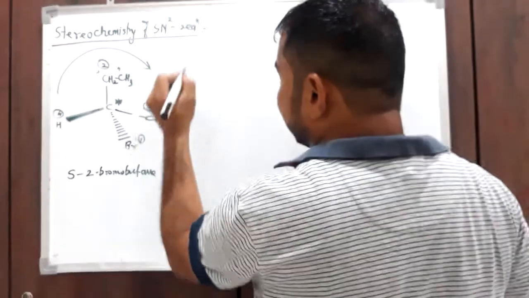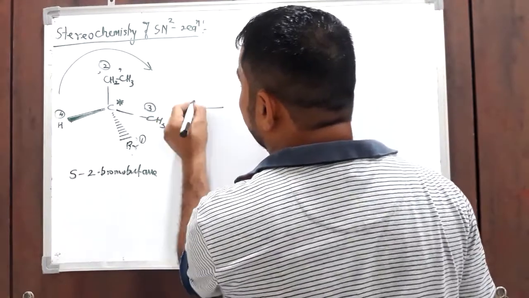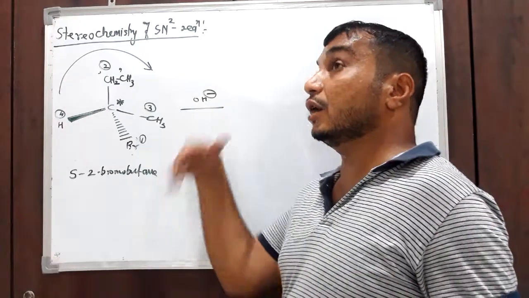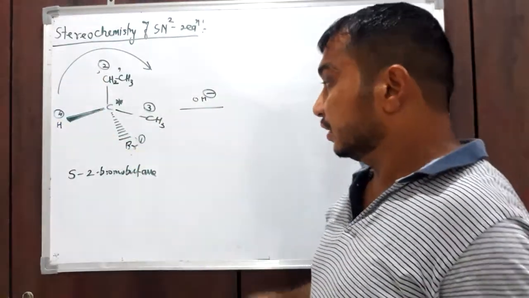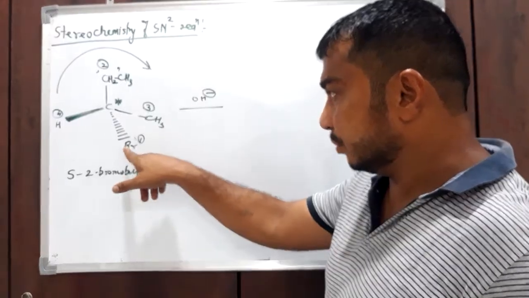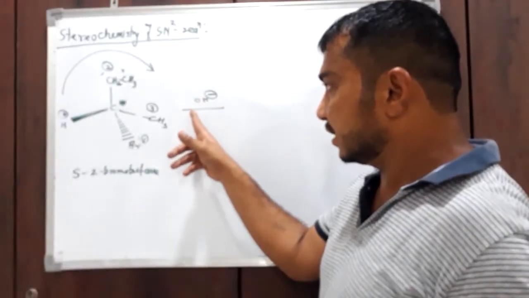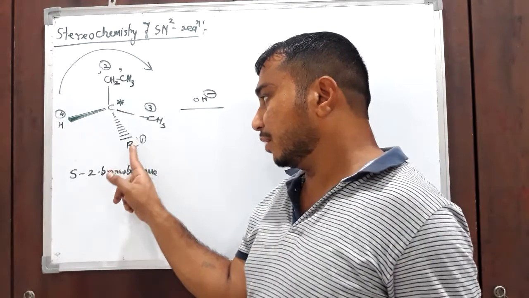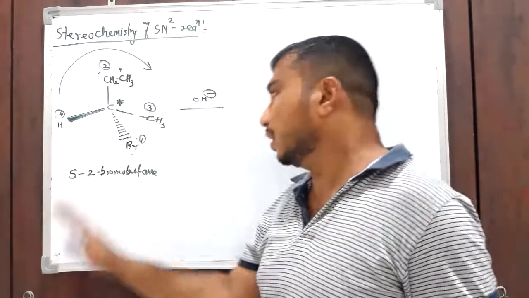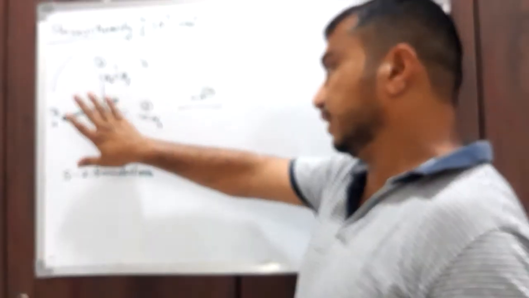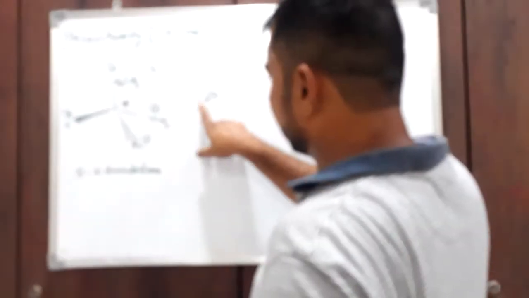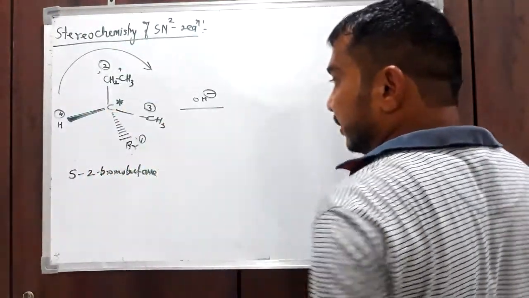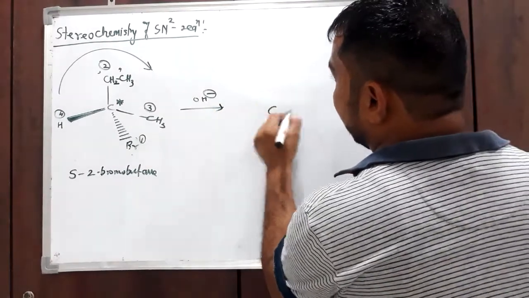Now what happened during SN2 reaction? This OH minus ion approaches the carbon bearing the halogen atom, the bromine atom, from the side opposite to that in which bromine is present. This is the side in which bromine is present. This is actually the back side. So therefore the OH minus ion comes from the front side. Okay, in this molecule the Br minus ion is present on the back side. Therefore, the OH minus ion comes from the front side. So this OH minus ion comes from the front side and shifts that hydrogen as well as bromine, and you will get